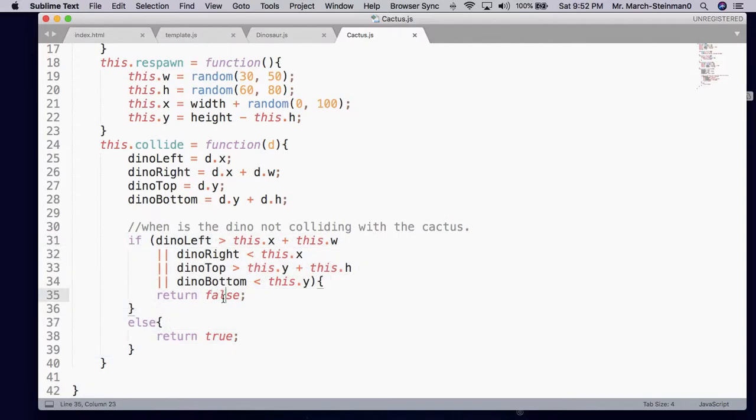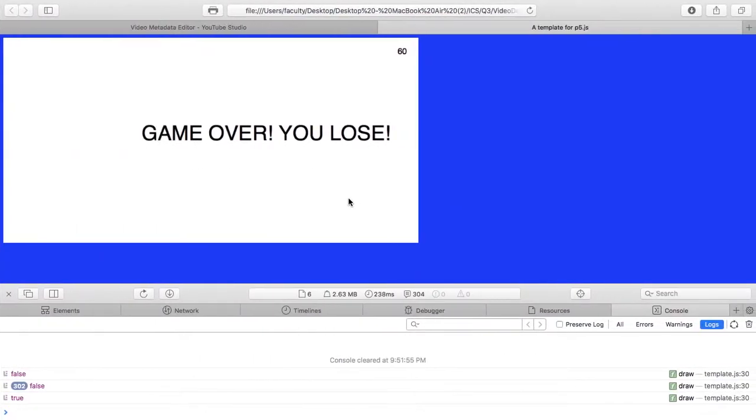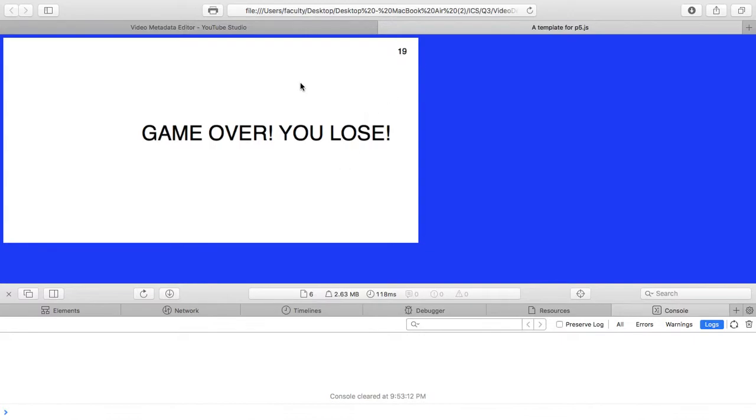Note, I return false if I'm not colliding with the dino. This should be a question mark. And then true when I am colliding with the dino. And let's see what happens. Oh, I missed. Game's over. I only got a score of 19. That's a shame. I'll refresh the page and I'll jump. And then